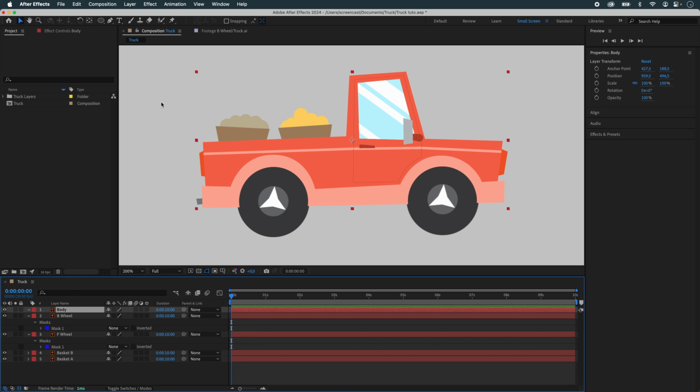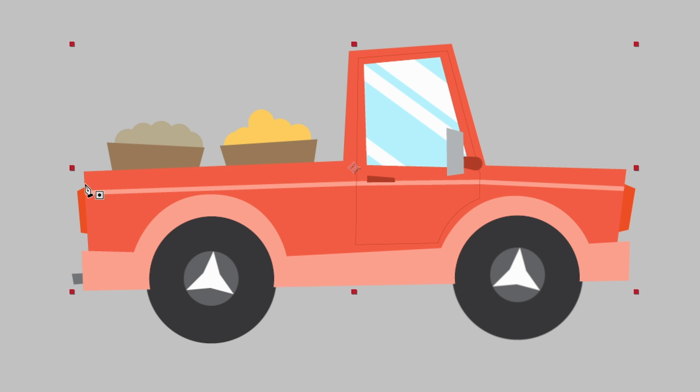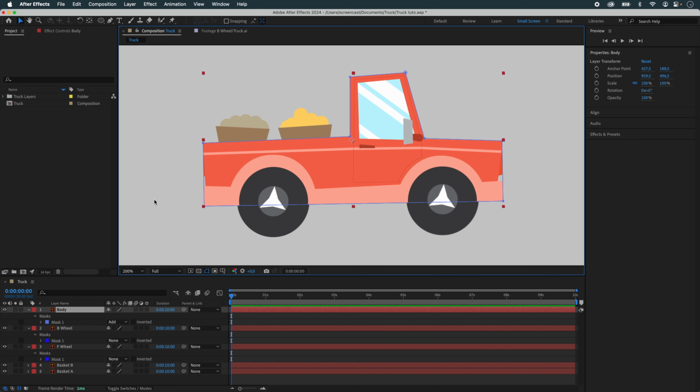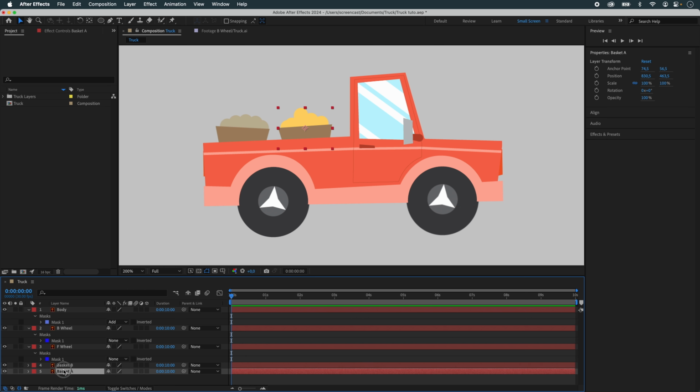For the body of my car, I'm going to do the same thing. I'm going to create a mask that will define the body of this car. I don't need anything very precise. In fact, it's just for visualization purposes. It won't really change the simulation. So here I am. I've got the body of my car and then I've got my baskets behind it. But these I'm going to leave as they are.